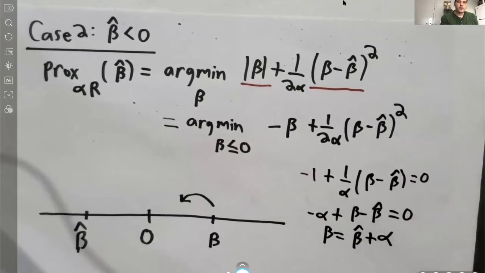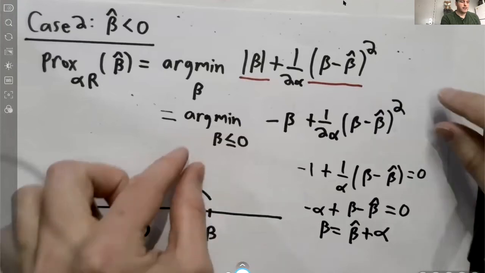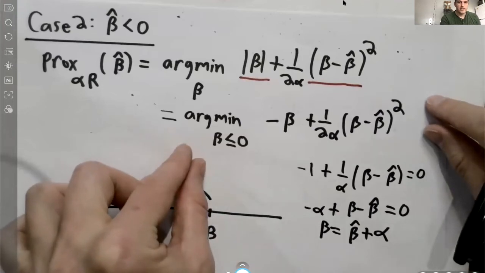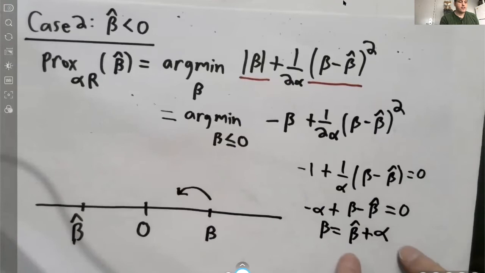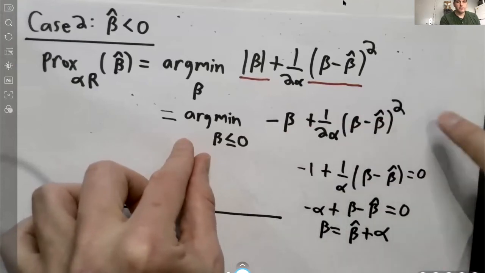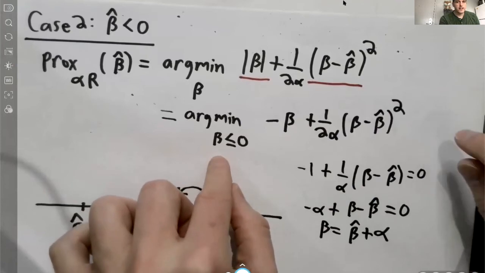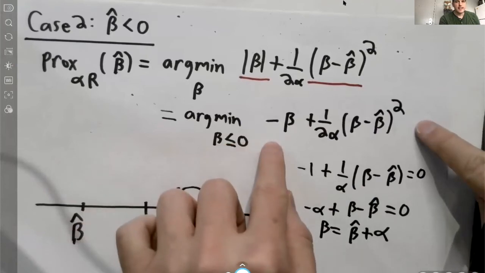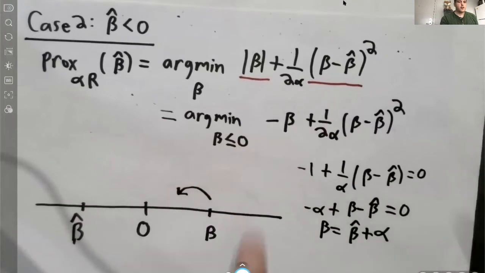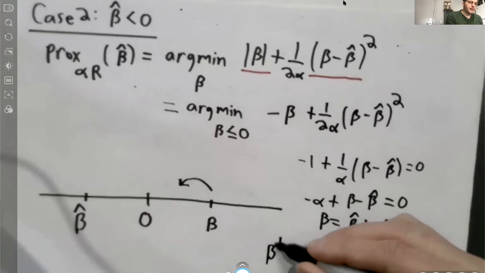And as before, there are 2 cases. If this value of beta is already negative, then we're done. We have found a minimizer for this optimization problem. If this value of beta is positive, then the best choice of beta to minimize this objective function, when we're restricting attention to negative or non-positive values of beta, will just be 0. So putting those 2 pieces together, the best choice of beta, I'll call it beta star,